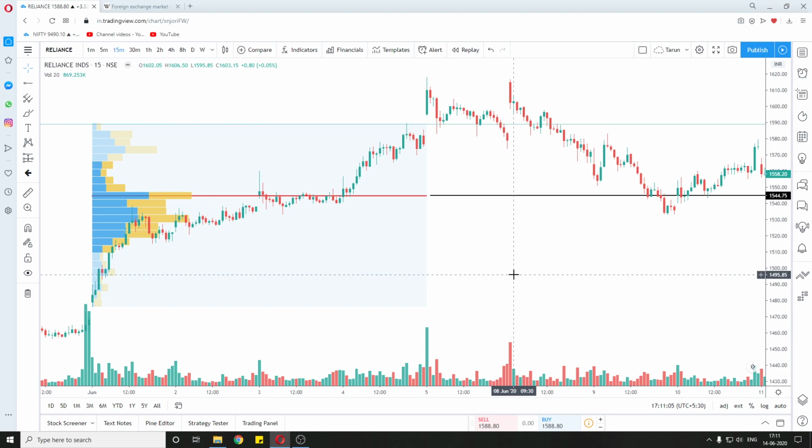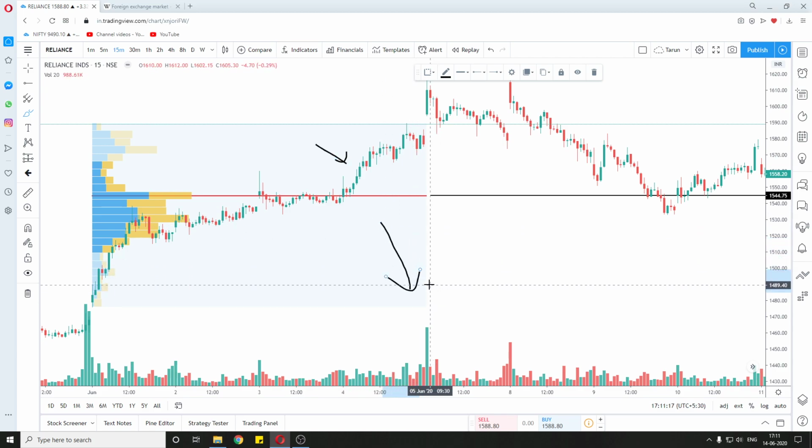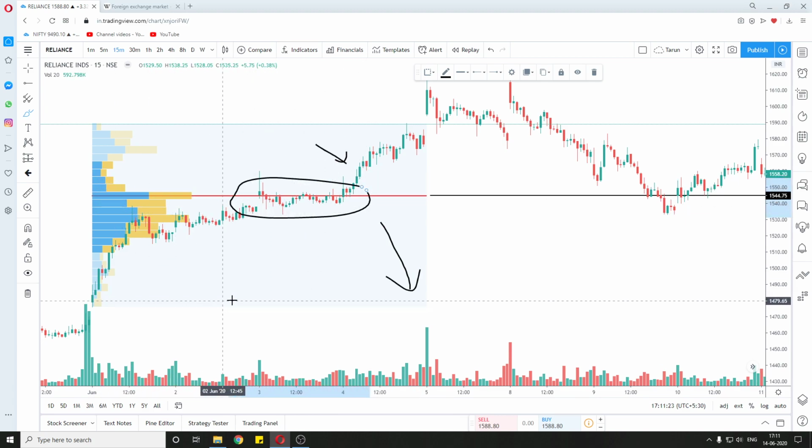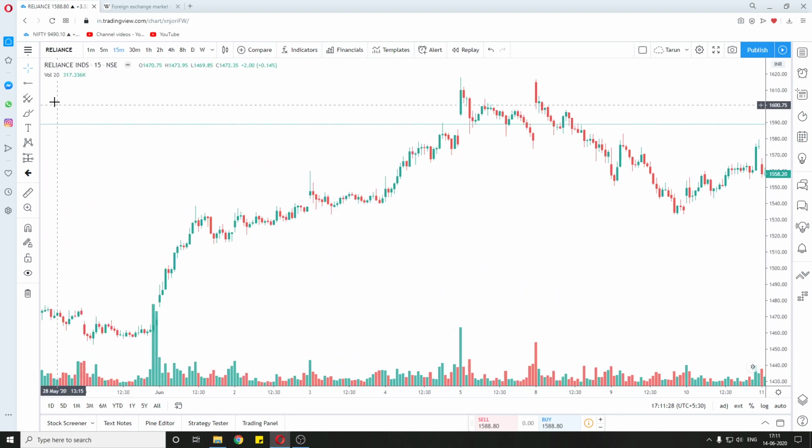Now how can we tell that they bought and did not sell? We can tell this by the breakout, because the breakout happened on the upside. If the breakout happened to the downside, then we could say that during all this sideways movement, the big players were accumulating selling positions. Now why is this information useful again?